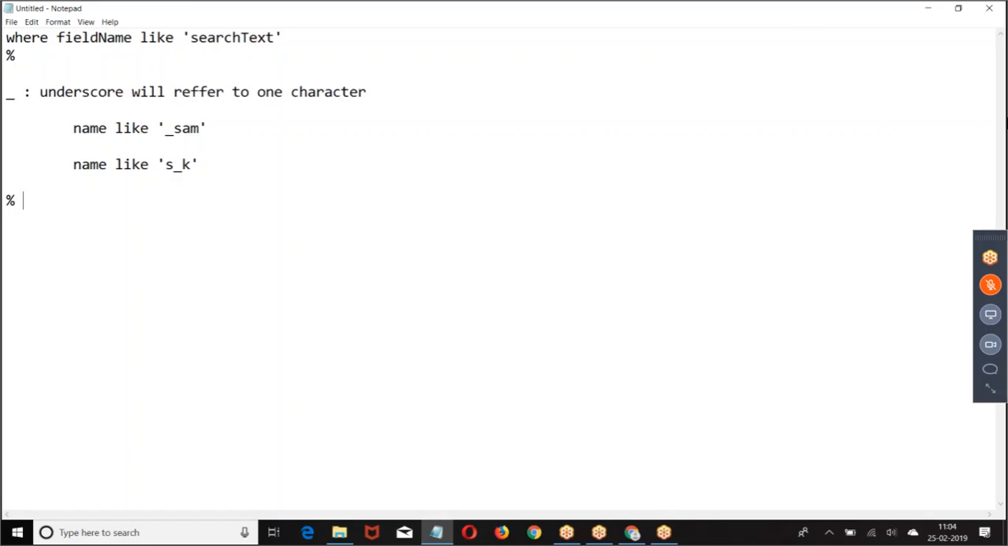Then we have percentage. I give name LIKE 'S%'. Anything that starts with S. Percentage is followed by anything. Okay, write the condition. Write a query to fetch all the accounts whose name starts with